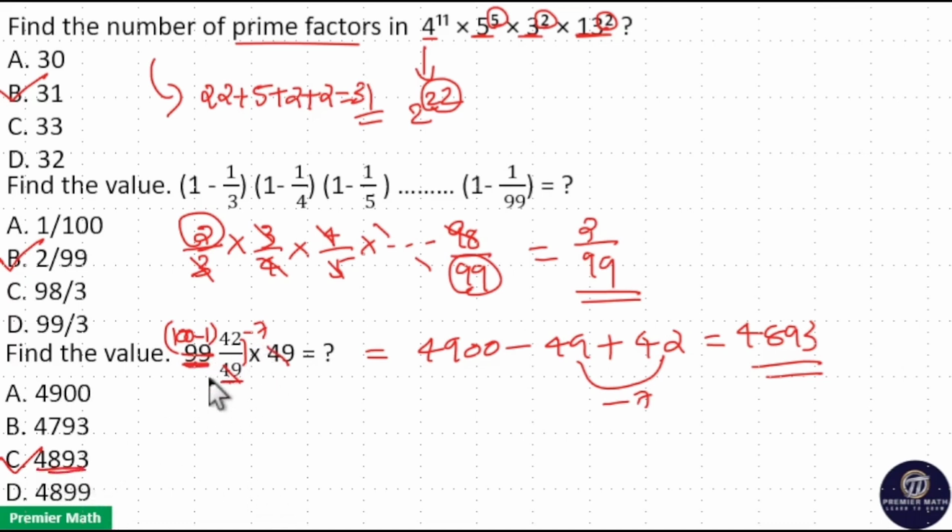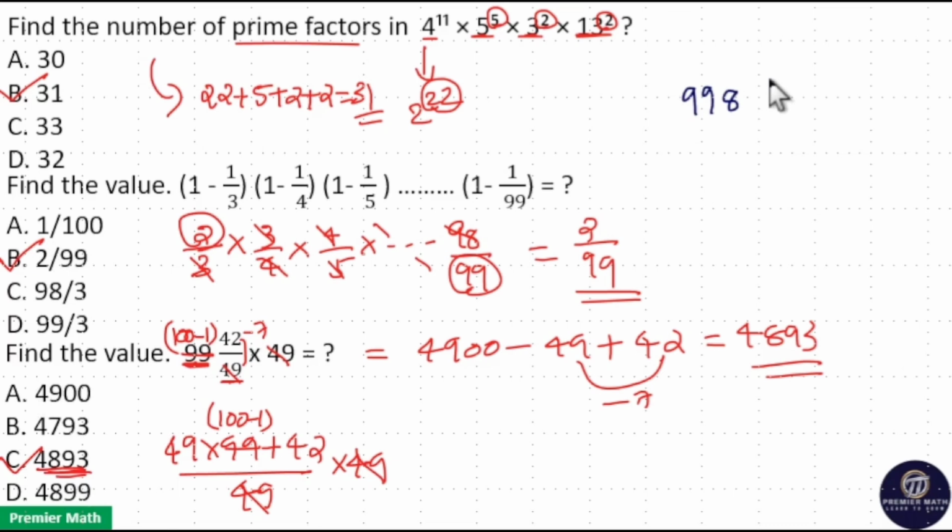That is, when you elaborate this term, 49 into 99 plus 42 divided by 49. This term into 49. Now these two cancel. 99 write it as 100 minus 1. Now 4900 minus 49 plus 42 is equal to 4893. You can also use this trick in